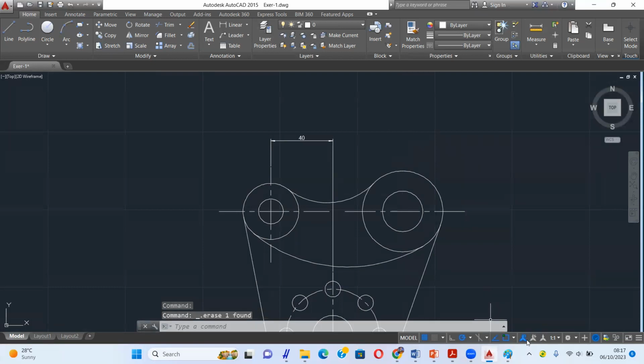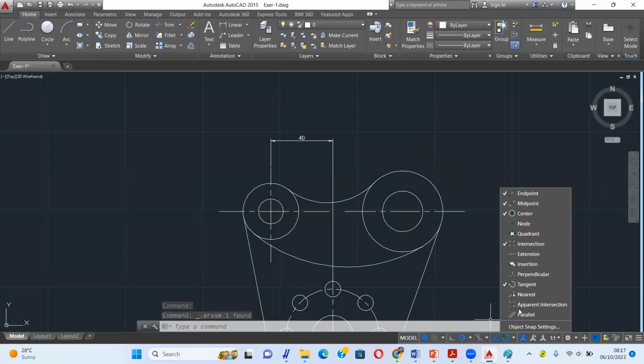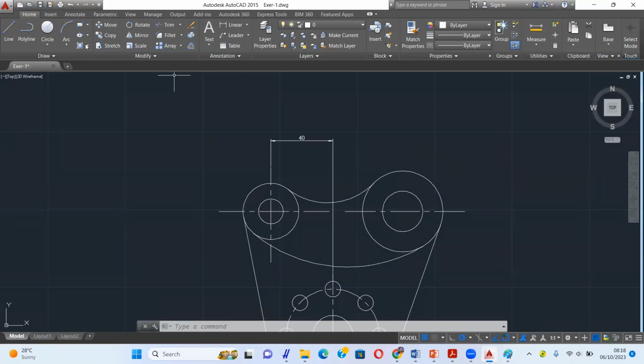Okay, I think this one is maybe not correct. We can make the snap of midpoint off. Then we use line from center line from here to here.